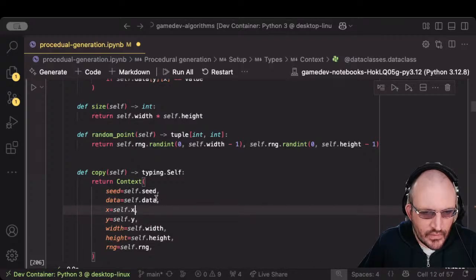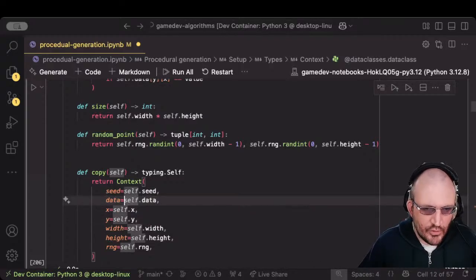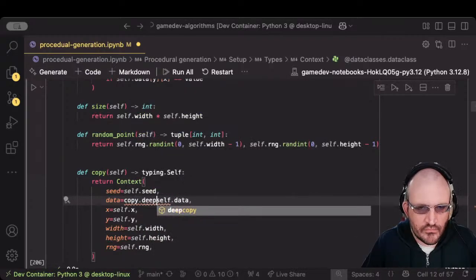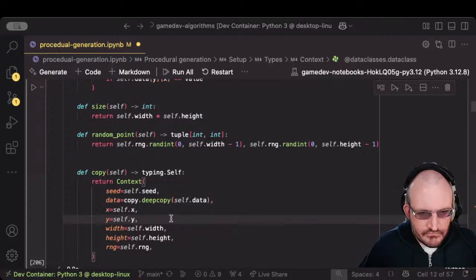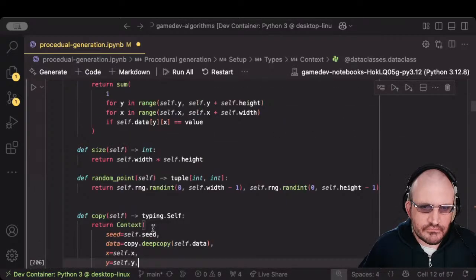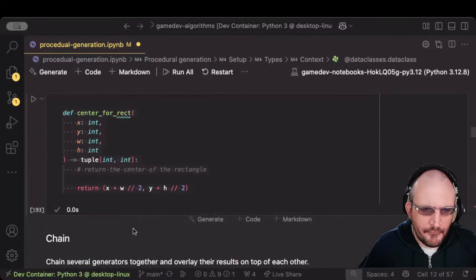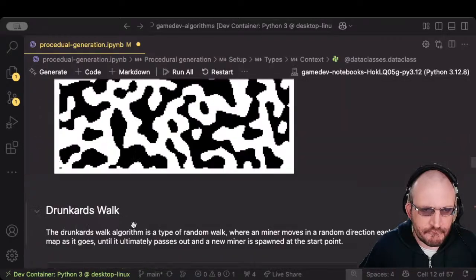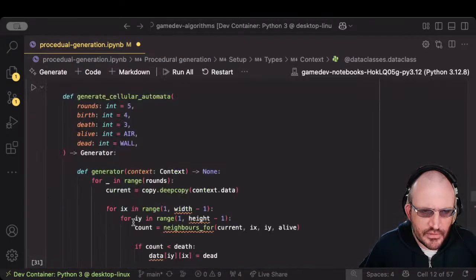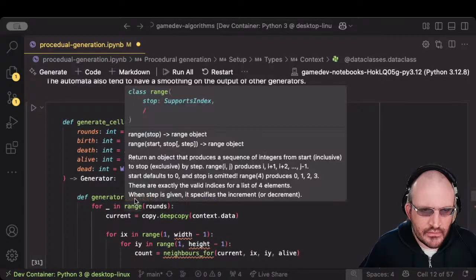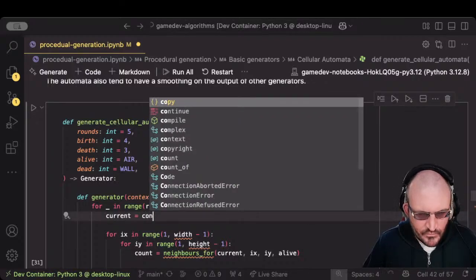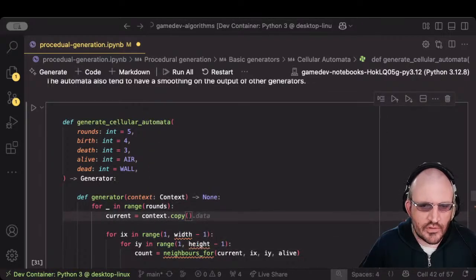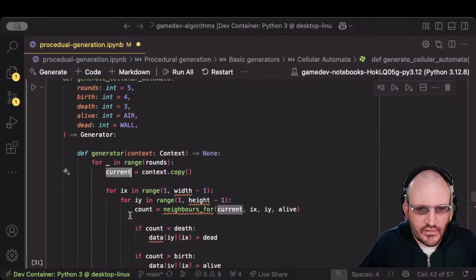But we're going to take a deep copy of the data. So if we come down to our cellular automata, then we go, so we're going to copy the context, and then for a range of,